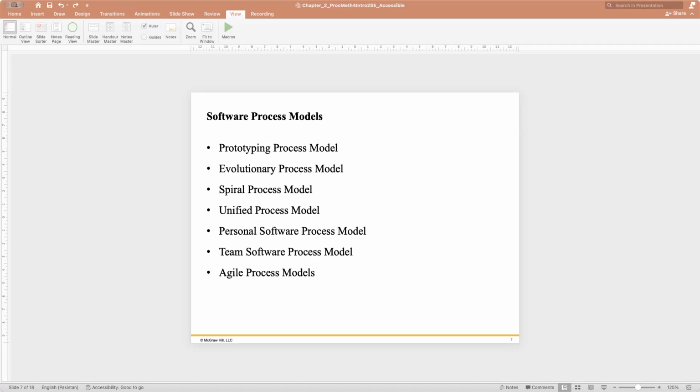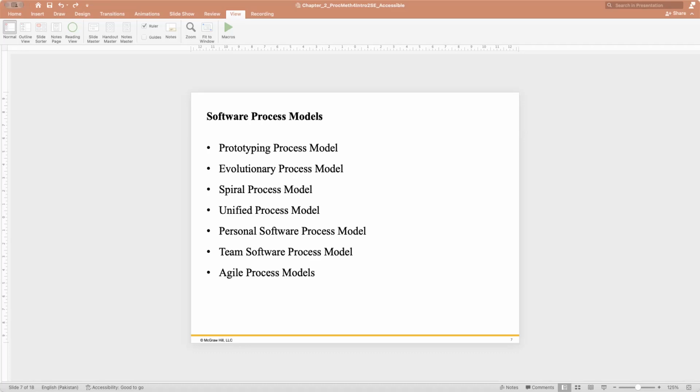And then we have the unified process model. This is a very good one that is used by Microsoft and big companies like that. It does not focus only on iteration, but is also incremental, as we discussed. The evolutionary and spiral models are iterative, but this is an iterative plus incremental software process model combining both. It is characterized by use cases driving design and implementation. We will discuss later what different things can happen in it.